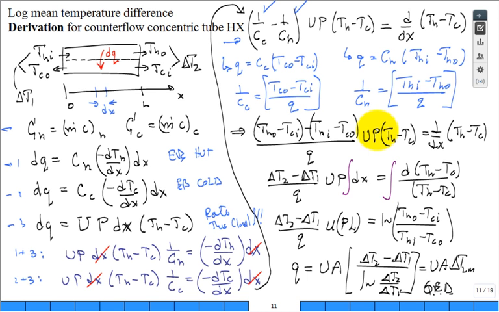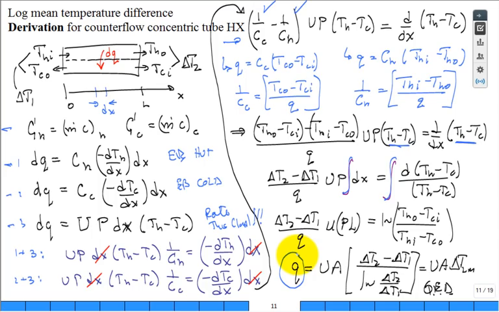Then you simplify with some algebra and get a differential equation. At this point, you can separate and integrate. Here's the differential equation in terms of temperature difference: the space derivative of temperature difference is proportional to, with all these just constants, the local temperature difference. Separate and integrate. Apply the right boundary conditions, and then you manipulate algebraically, and you get a rate equation for